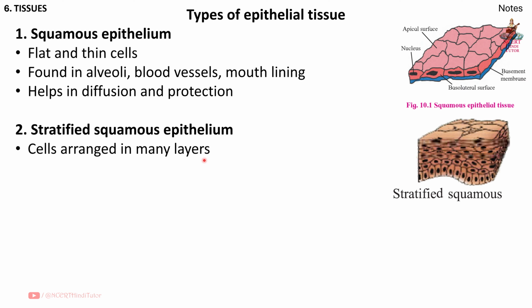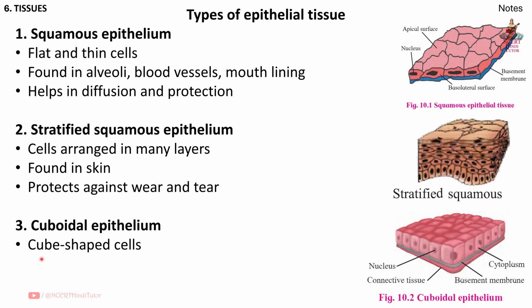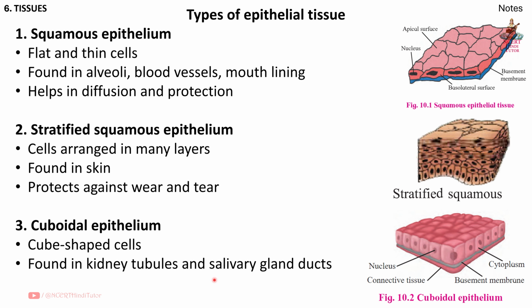Cells arranged in many layers, found in skin, protects against wear and tear. So friends, this is one layer of cells, this is second layer, then this third, then this fourth. That's why it is called cells arranged in many layers. Third, cuboidal epithelium, cube shaped cells. So friends, this is a cell which is cube shaped, found in kidney tubules and salivary gland ducts, provides support and secretion. Fourth, columnar epithelium,